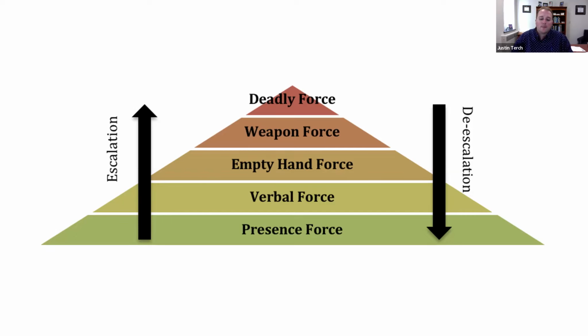And so make sure that you think about this and pre-plan in your head different scenarios. If this happened, here's what I would do. If that happened, here's what I would do, because you don't want to use, let's say, OC spray against somebody who's just providing verbal non-compliance. That would be inappropriate for private detectives, protective agents, and other private citizens. So just keep this in mind, come back to this, think about it, and make sure that you're conscious of that difference, especially for you police officers and retired officers.